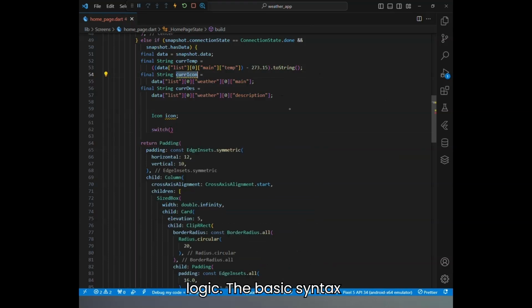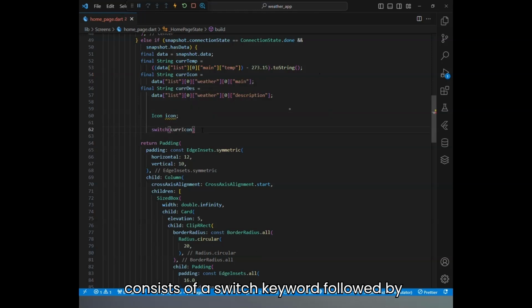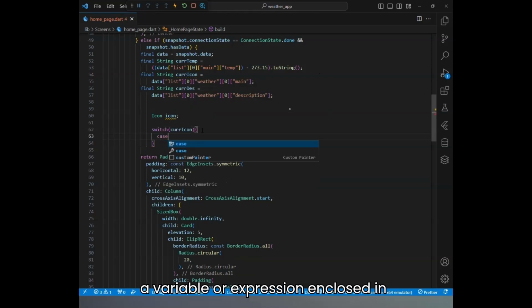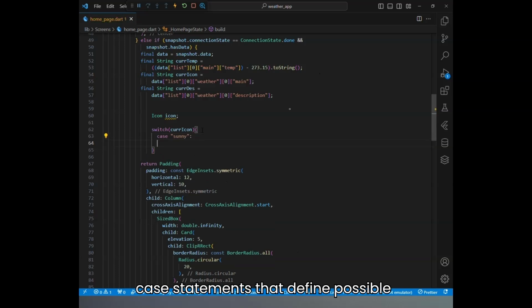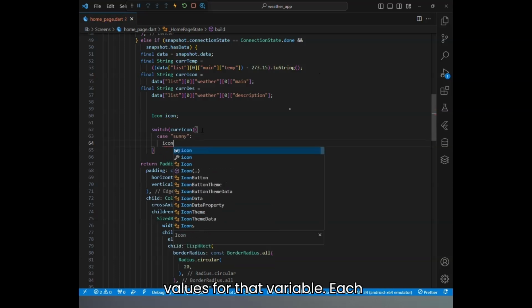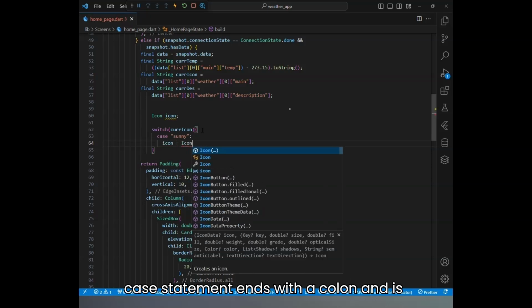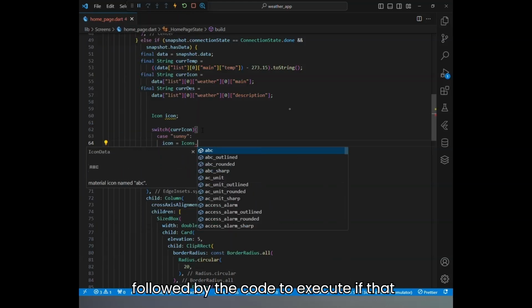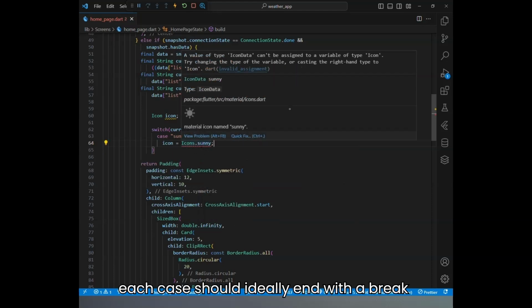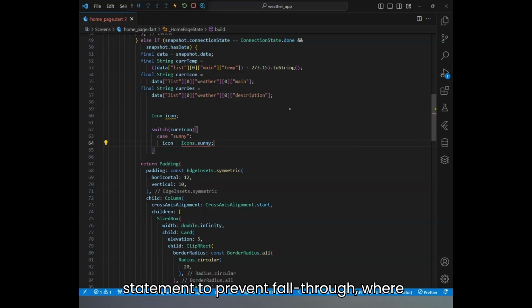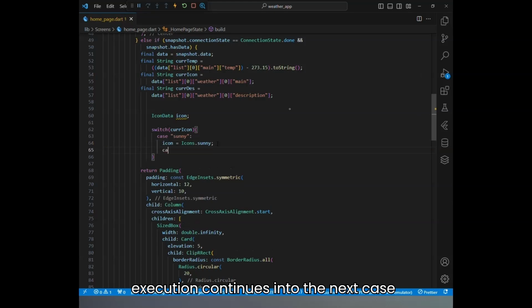The basic syntax consists of a switch keyword followed by a variable or expression enclosed in parentheses, followed by a series of case statements that define possible values for that variable. Each case statement ends with a colon and is followed by the code to execute if that case matches. Importantly, each case should ideally end with a break statement to prevent fall-through, where execution continues into the next case